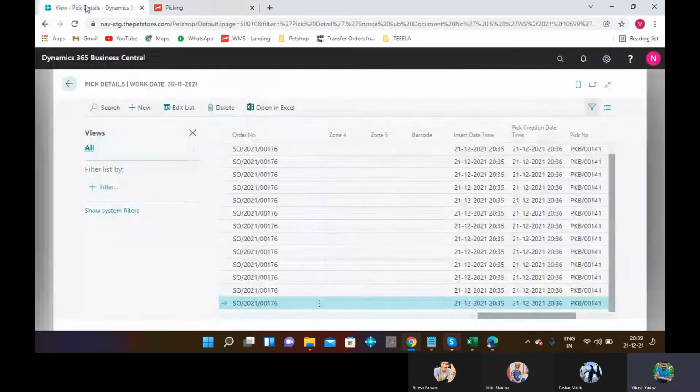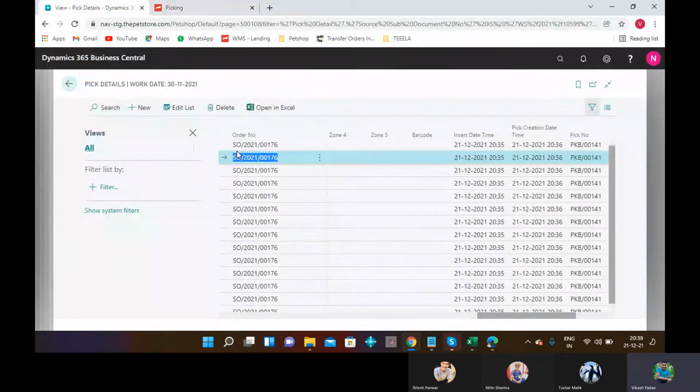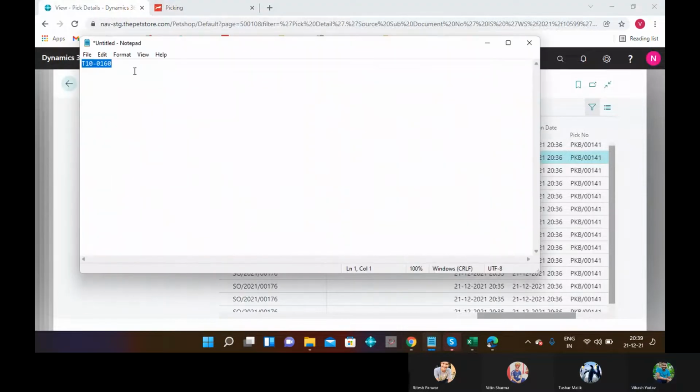Again go to Navision. This is our order number. Copy it to paste in our notepad.